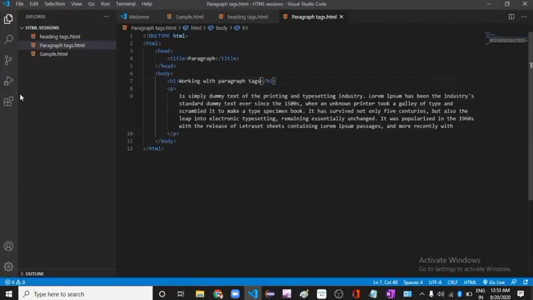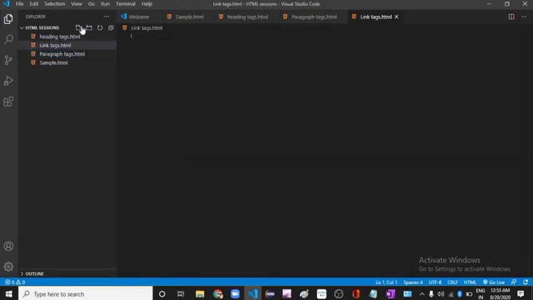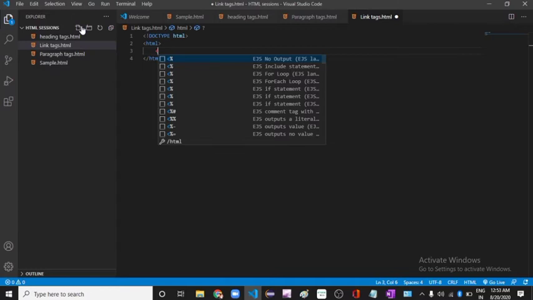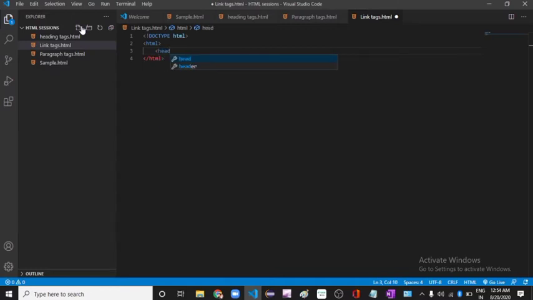Fine. So moving on, we will be seeing link tags, link tags dot html. First the doctype declaration, after that html, after that the head section.